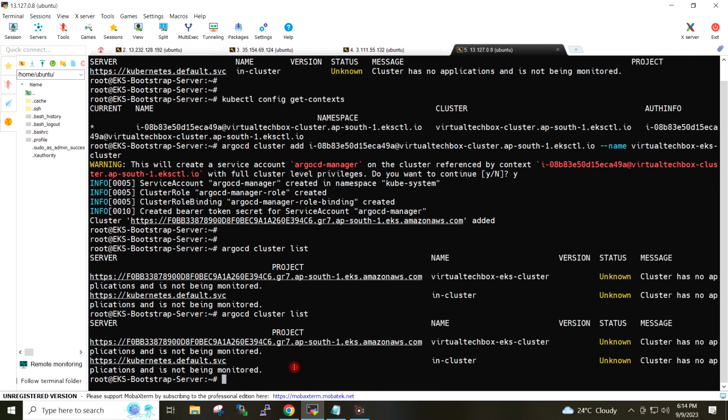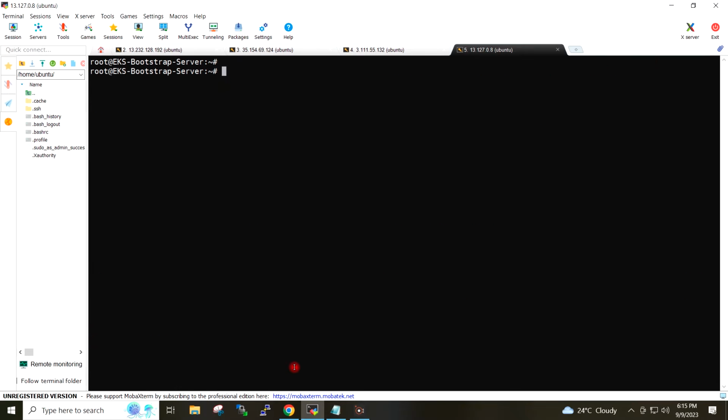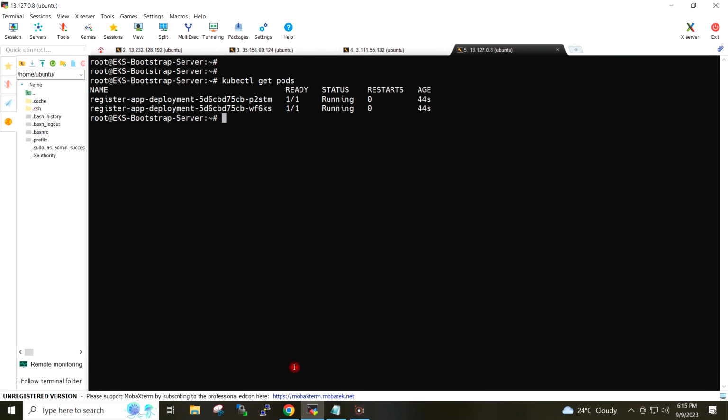On the terminal of the bootstrap server, if I give the command kubectl get pods, these are the pods running in the default namespace of my EKS cluster.